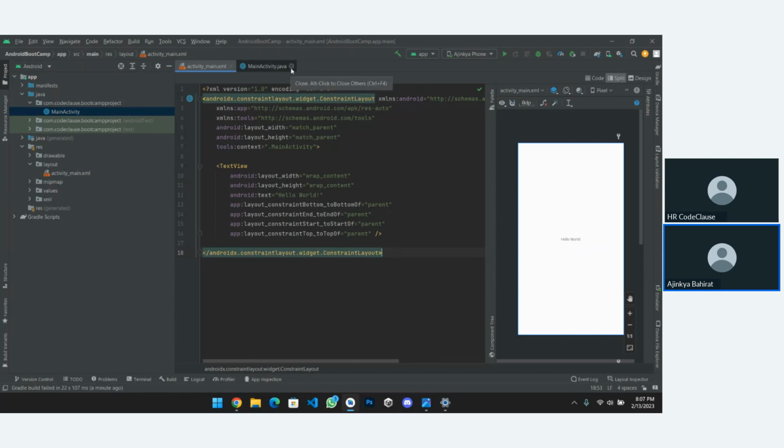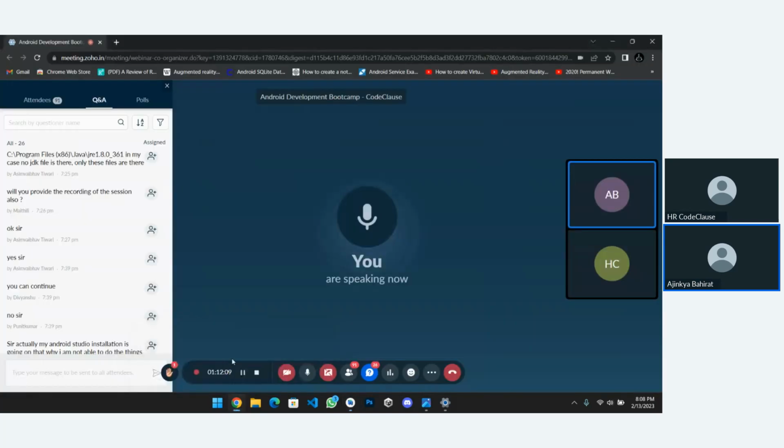If you are doing this on your laptop, or if you have your laptop with you, just go for downloading Android Studio, set up Java, create your emulator if you can, and just look at the different things available in the studio itself. Okay, so I think this is our first session, and that's it for today's first session.